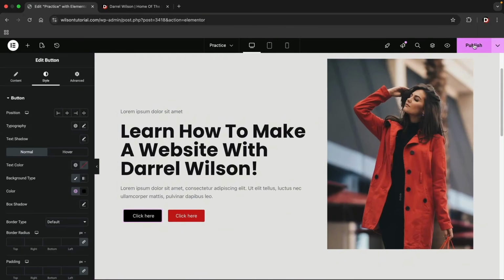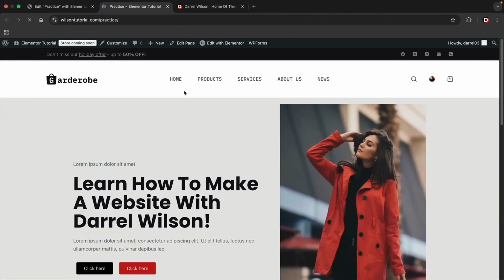So here at the top right, I'll click on Publish. And now we can close out of this. Now there's 2 ways to do this. You can either go ahead and go over here to View Page, and this takes you back to the actual page or the website,